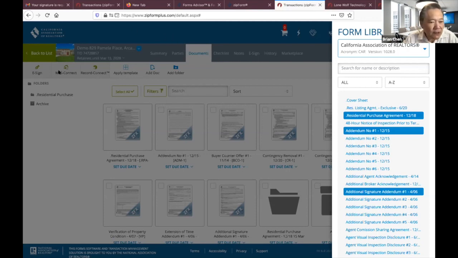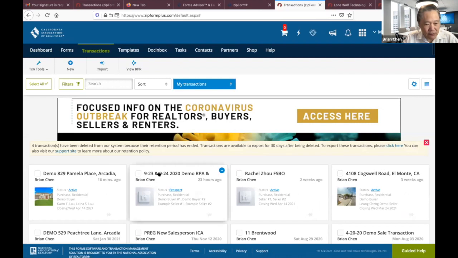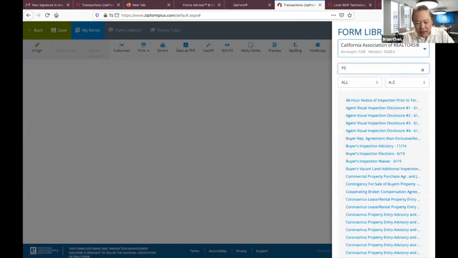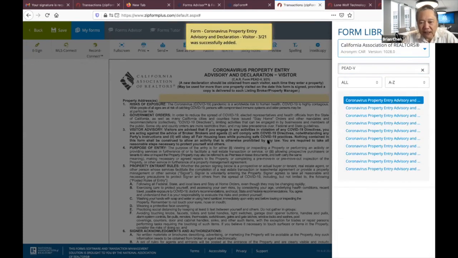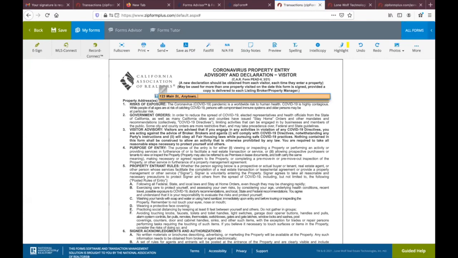You go back to list, right? You are in a transaction area, but you don't have to create a transaction to use a form. You may be here, go into here and go to PEAD, PEAD-V, okay? PEAD visitor. So you can actually type in, for today, if I want to show property at 123 Main Street, any town, California,